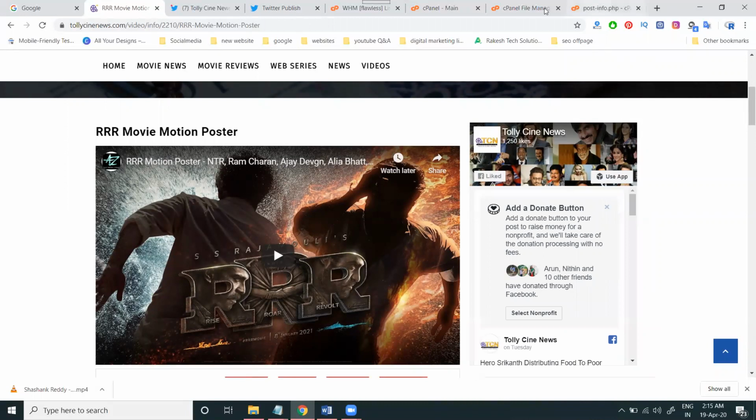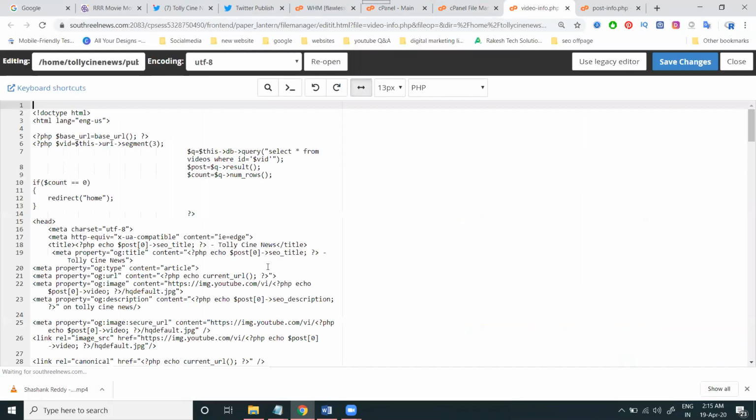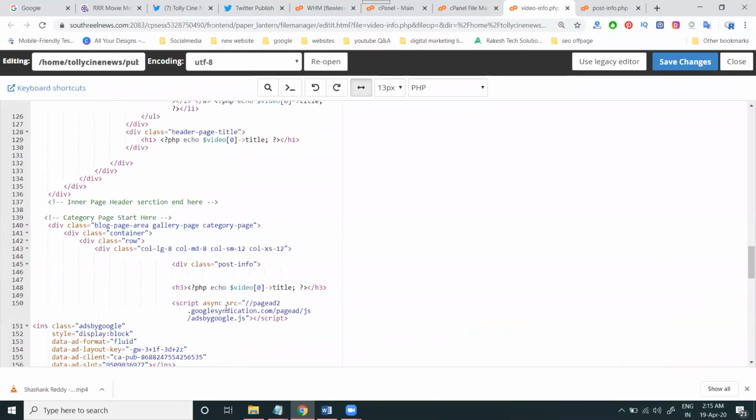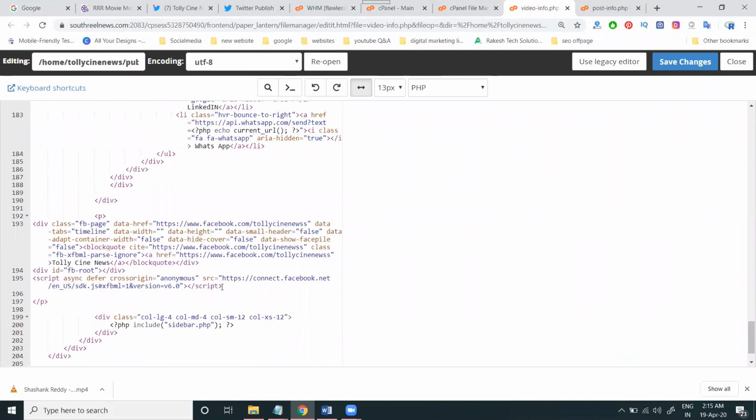In this option, add here, video info, edit. Where you can add the code, place the code in the particular part. This is the page where you can use the previous option.